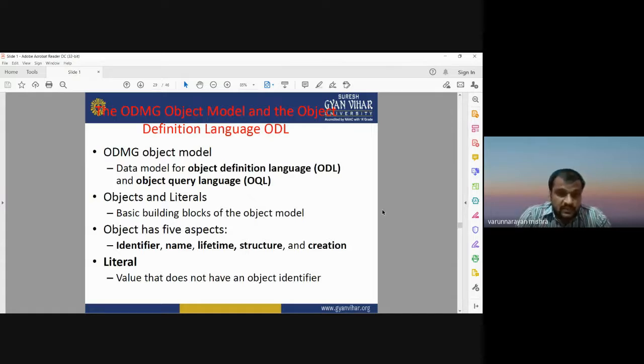Objects and literals are the basic building blocks of the object model, and it has different aspects like identifier, name, lifetime, structure, and creation. Literal means it should have some value that does not have an object identifier. So this is all about defining the object model and the object definition language, that is ODL.